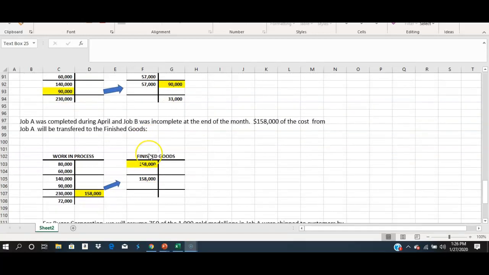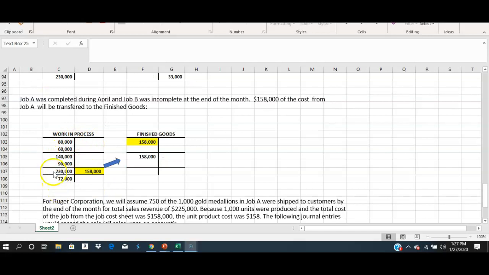Okay, so continue with this problem. Now we're saying that job A was completed during April. So that job is totally done. And job B was still incomplete. $158,000 of the cost from job A will be transferred to the finished goods account. So remember, the work in process account is for any incomplete job. So at one point, work in process had a total cost of